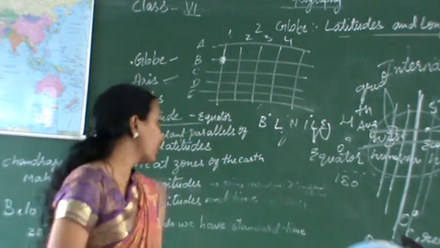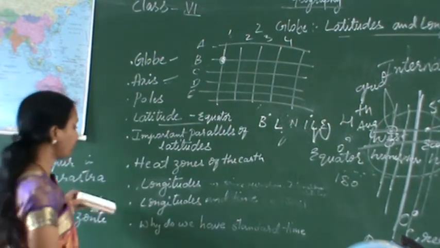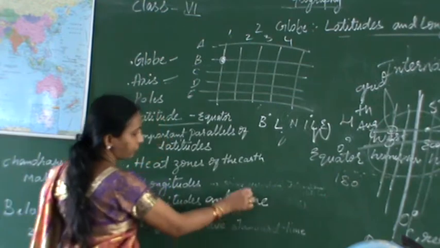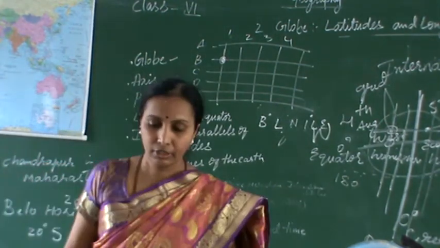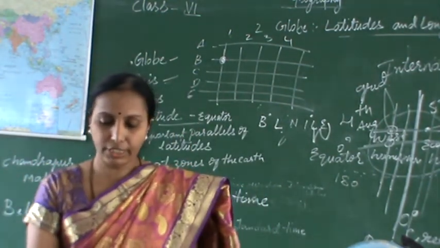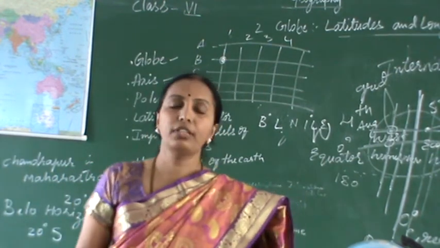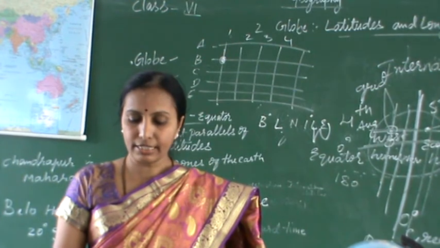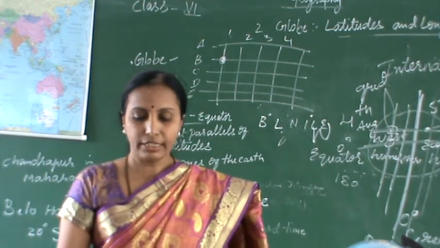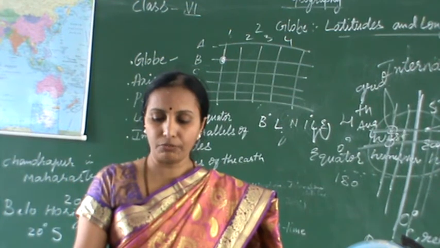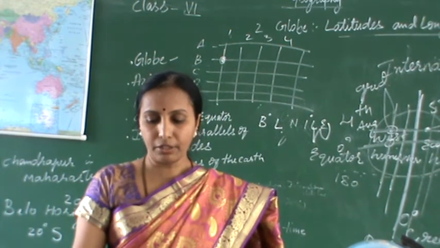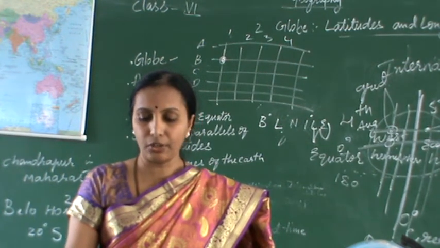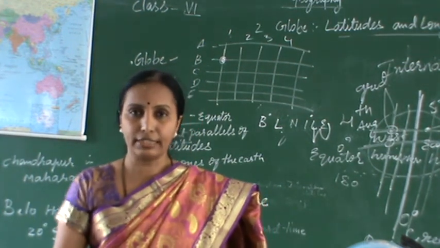Now we will discuss longitude and time. The best means of measuring time is by the movement of the earth, the moon and the planets. The sun regularly rises and sets every day naturally. It is the best timekeeper throughout the world. Local time can be reckoned by the shadow cast by the sun, which is the shortest at noon and longest at sunrise and sunset.